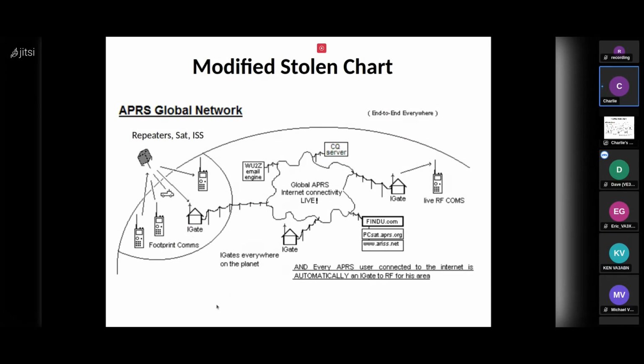So on the left side of this chart, you'll see a bunch of HTs that can either talk to a local iGate or even bounce APRS packets over satellite, either to another radio or to an iGate or to some mobile vehicle. All of these things get collected and end up on the internet. They could go to another iGate, could go to a server, could go to that email engine I mentioned earlier, or a text engine, where your message can get sent out to somebody who's not part of the network,